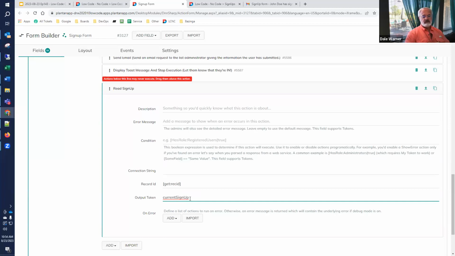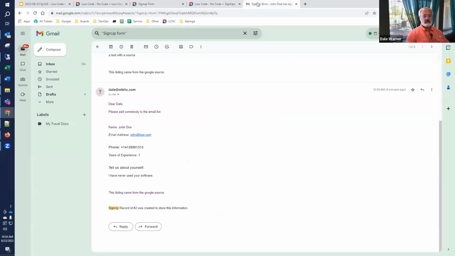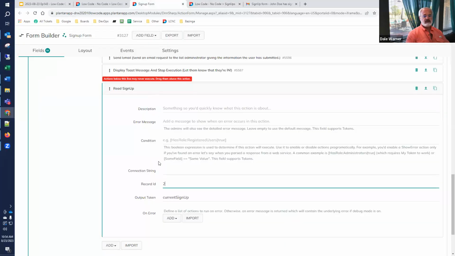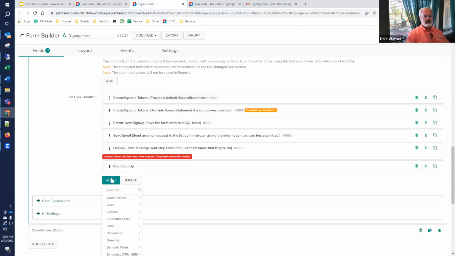This would give you access to all of the fields from that particular sign up. So while we don't have time to get into it today, if we passed it a 2 and current sign up, you would now have access to a token current sign up :name, and it would return name would be John Doe. So this gives you access to the data, and so then after the fact you can use that to retrieve information and manipulate it. So that's read sign up. Another one